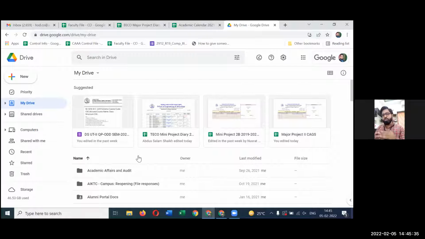Associated drive mean to say कि when we are working for AIKTC, we should ensure कि AIKTC का जो भी हमारा data generate हो रहा है through us as a course owner, as a committee coordinator, as a committee controller, whatever responsibility we get from our head, for all those responsibilities, whatever data we are maintaining, that data we should keep into the official account.